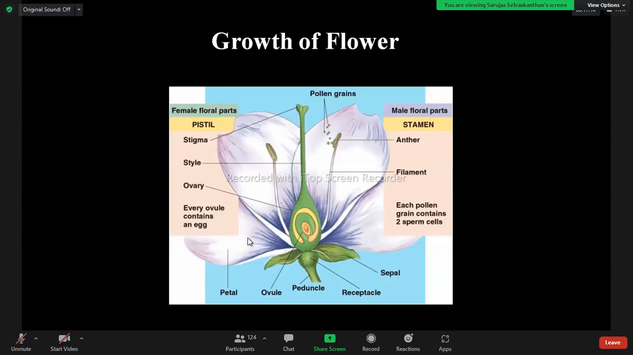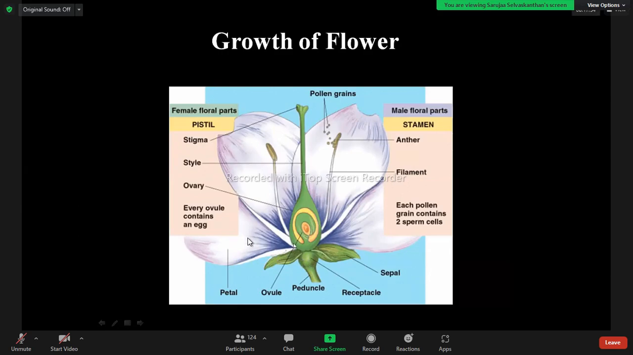And we are going to study growth of flower. This is the simple flower diagram. You know it well, right? Here the female floral parts are here and male floral parts are this side, right? This is sepal. This purplish blue color, this is petal, right? And this is peduncle. This is receptacle,